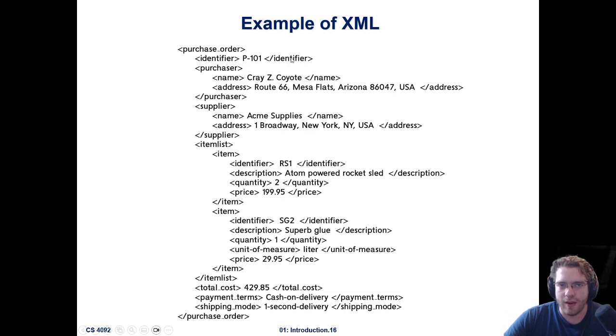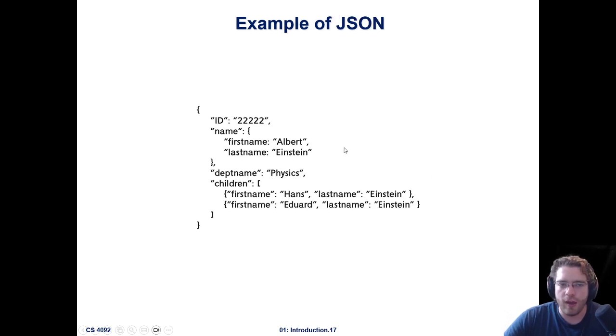So we can see we have an identifier. The purchaser is this person here. Supplier comes from here and so forth. JSON is organized slightly differently. We have an ID. This is similar to what we saw earlier. This is my ID. Then we have our name. So these are our attributes or our columns that we have, and this is the information that will go into the row. Okay,